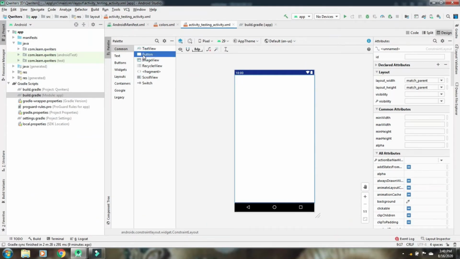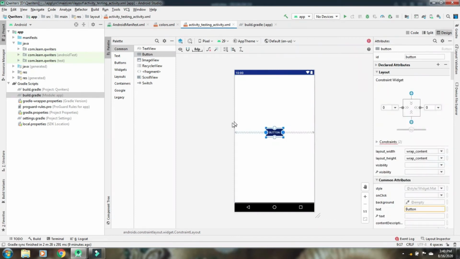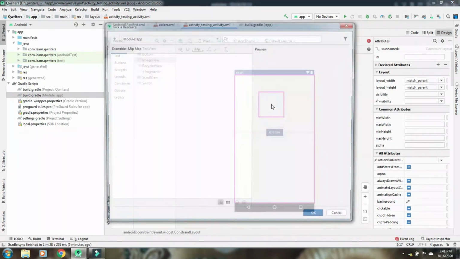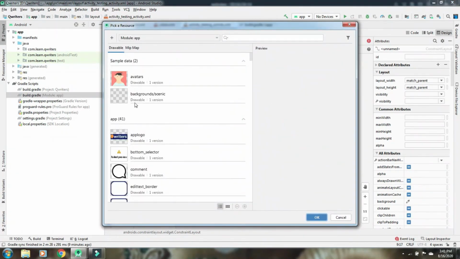Suppose you want a button in your layout, just drag and drop it. You can get one button here. See, you can see the button. And if you want an image view, just click on image view and drag and drop the image. Here you have to specify which image.